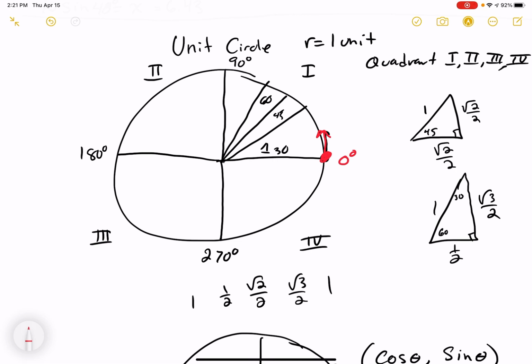If we have a 30-60-90 triangle and the hypotenuse is a length of 1, its short side is 1